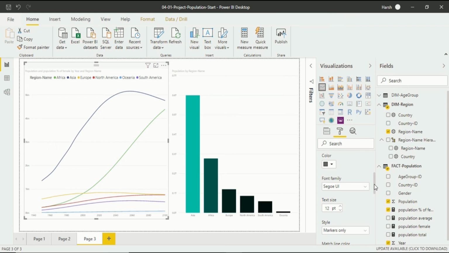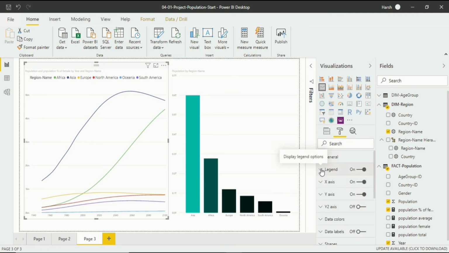After that, now let's move to the other feature, that is style. That is markers only, line and markers, and line only. So these are the things that you could use for styles. Match line color on, that is used. So these are the things for these circles. So match line color, circle, default icon. These are the things that you can use to make your legends much easier to look at. So again, I will close the legends now because we have already covered it.